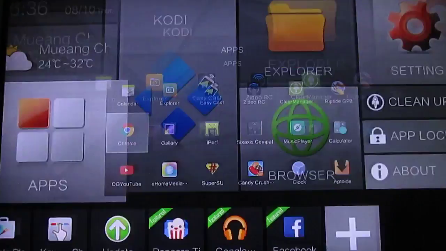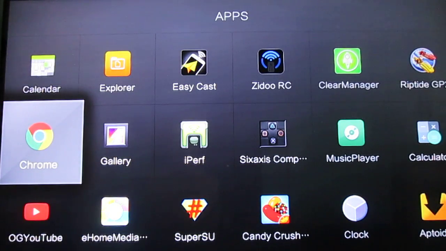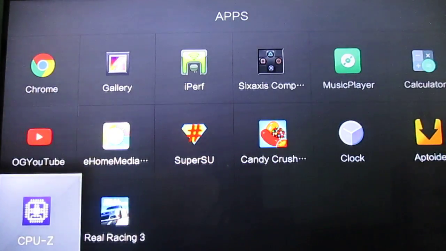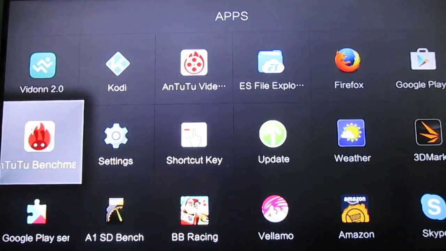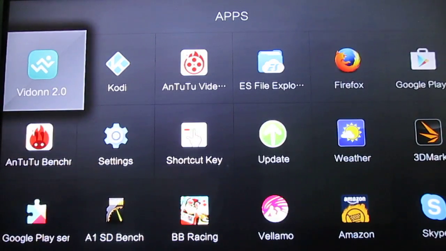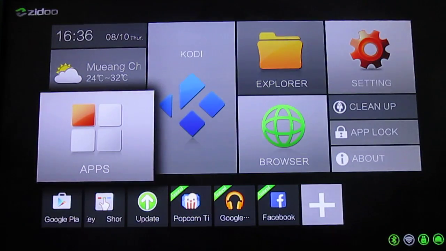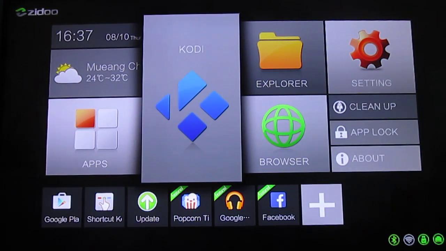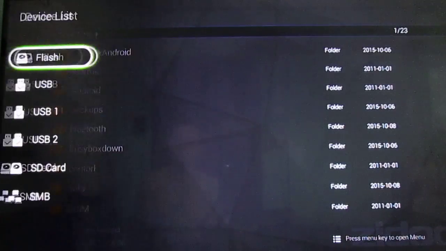Okay, and then there is a list of apps. Some are installed, like Sysaxis and games, and some already pre-installed. Google Play Store is pre-installed. Kodi 15.1 Zidoo edition is installed. I'll check it later. The Explorer is the company's own